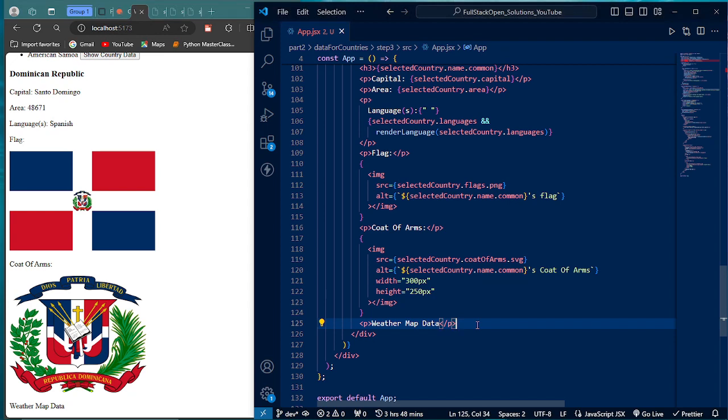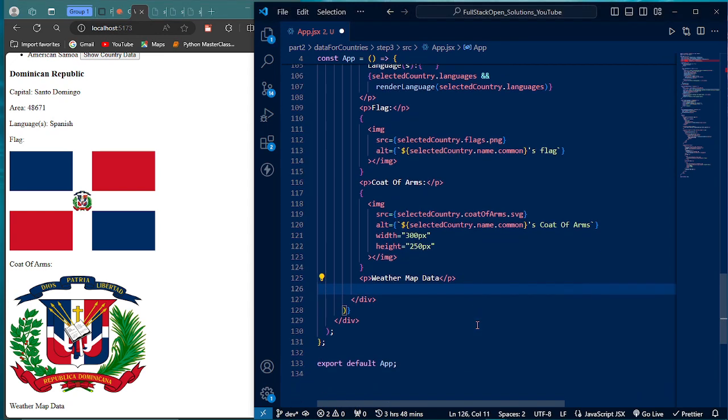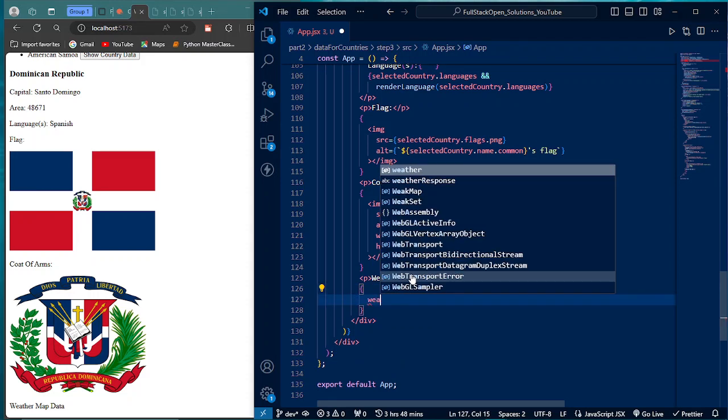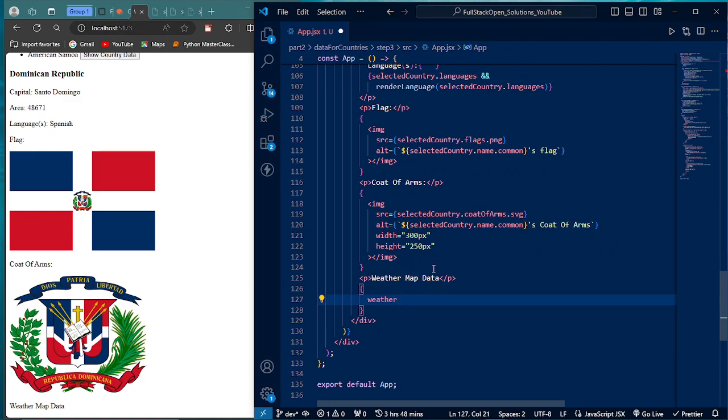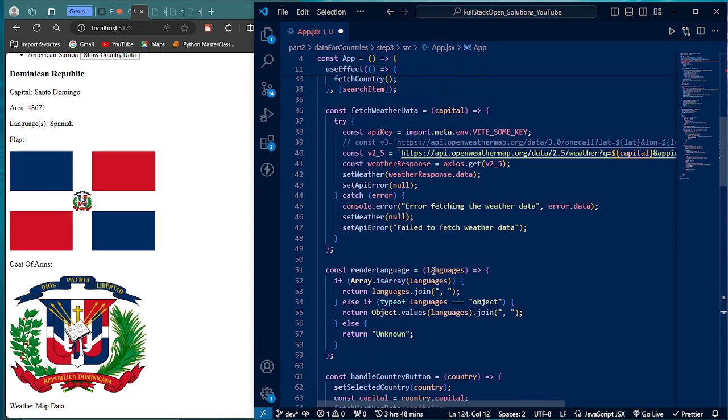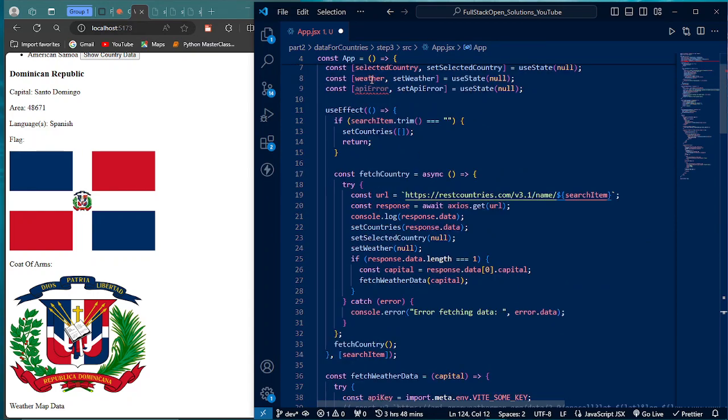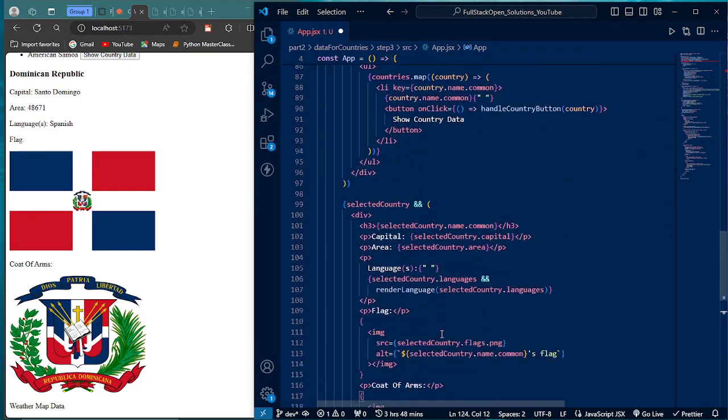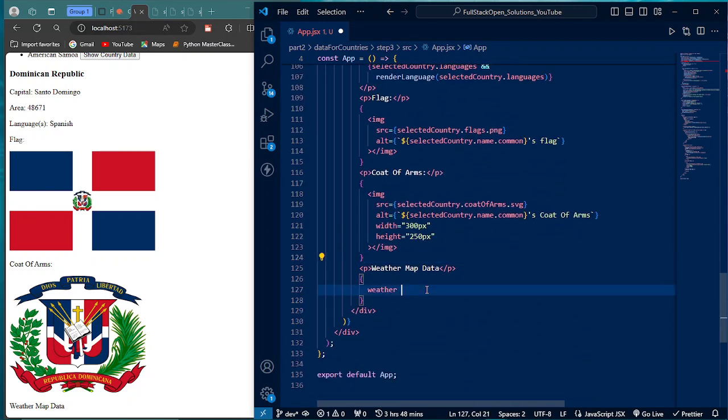So the next we want to do is we now properly want to return the data. How do we do that? Now, we are going to start by writing the curly brace, which is almost the same thing as what we've been doing all the while, right? Now, inside this curly brace, what we need to do is we want to say if weather is true, that means if the weather state is true, and of course here it is true, it exists here, right? So we say if weather is true. Now this is just another way of doing the conditional statement, right? Then we use the double ampersand, and then we say